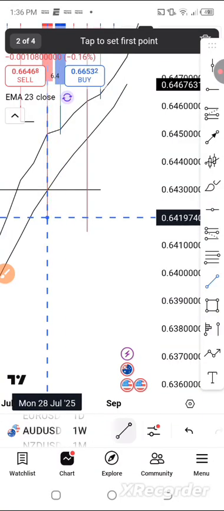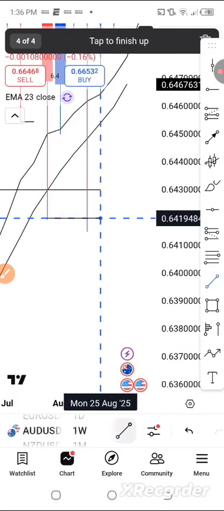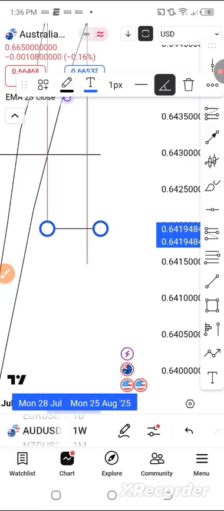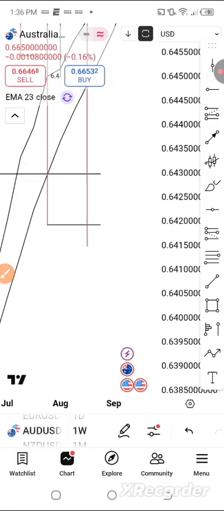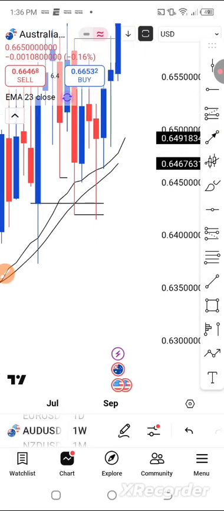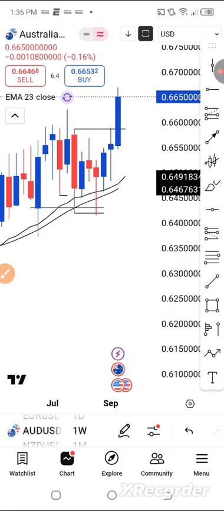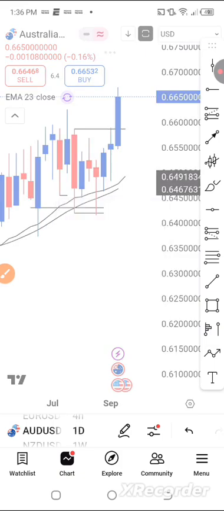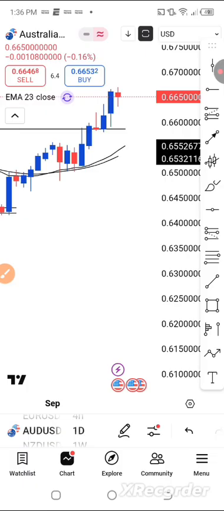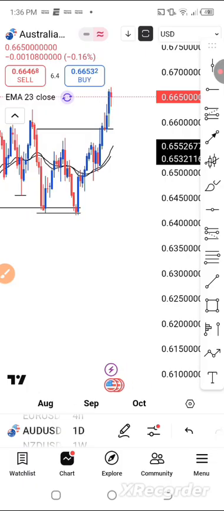I told you guys, with CRT all we want to do is have the market sweep one end of a candle and expect the market to go towards the other end. So it swept the low and we're looking for it to sweep the highs, which it eventually did. I told you guys yesterday that there are two ways you can trade CRT: you just take the whole move, or you trade it in bits like I always do. So the first trade we had here